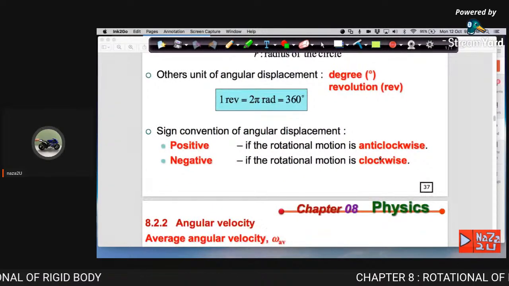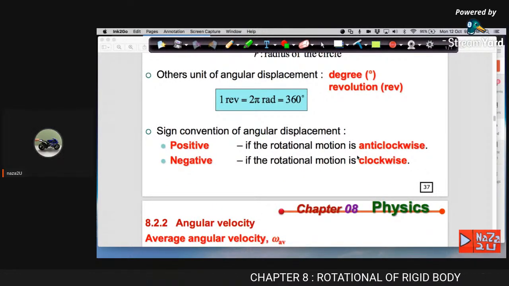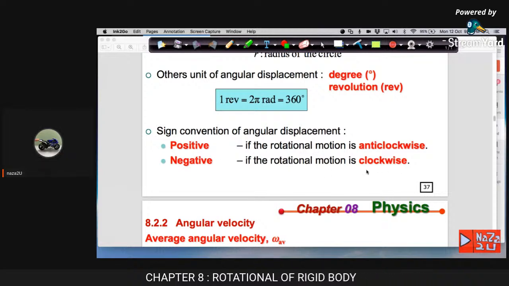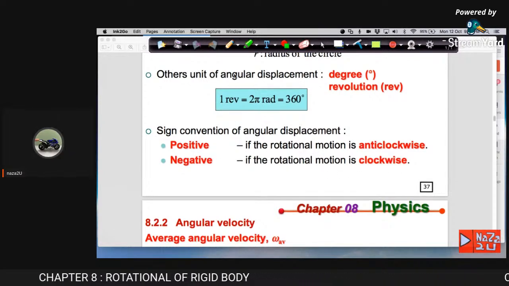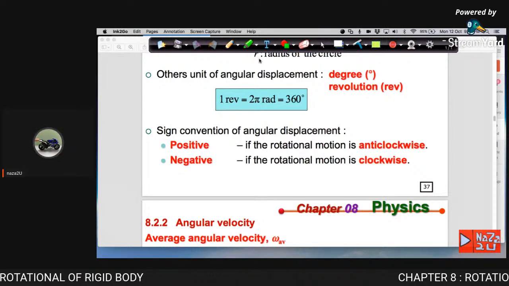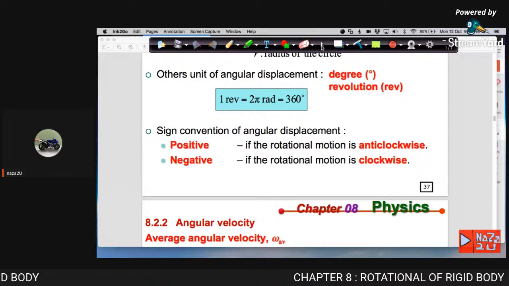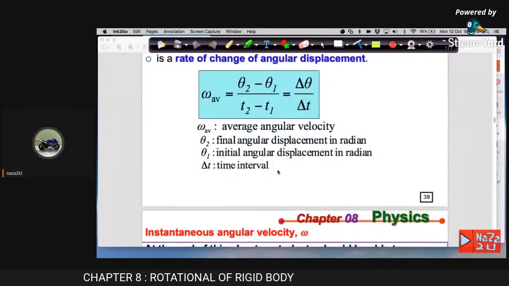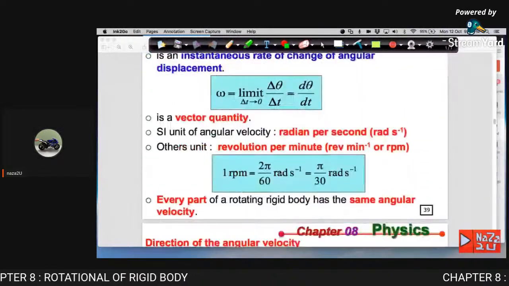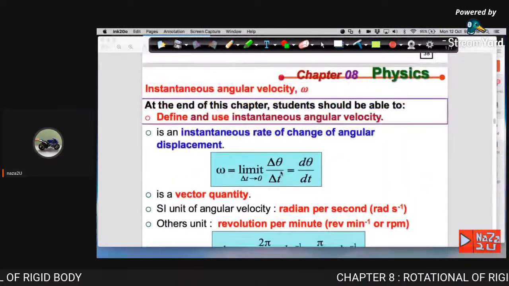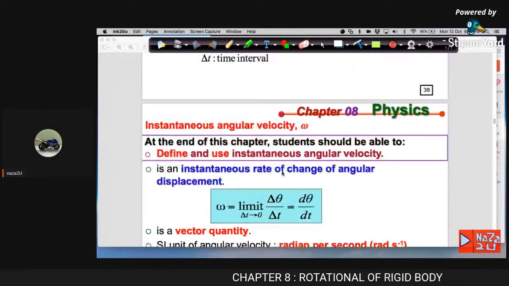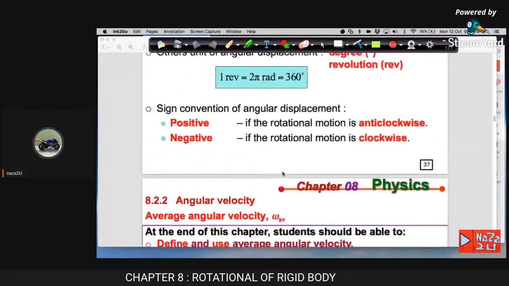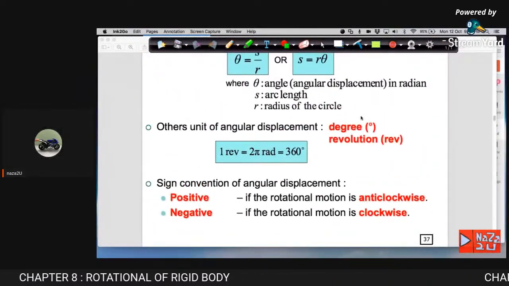Ini kita dah bincang tadi: clockwise is positive and anti-clockwise is positive, and rotate clockwise is a negative. Tu kita dah bincang yang tu. Okay, kita teruskan lagi. Untuk bincang yang ini, saya cuba ringkaskan. Okey, saya ambil yang ni dulu. Okey, sebelum tu untuk kes yang ini,